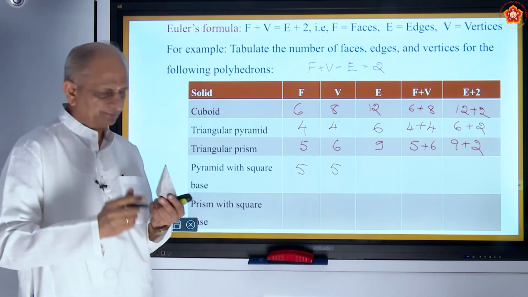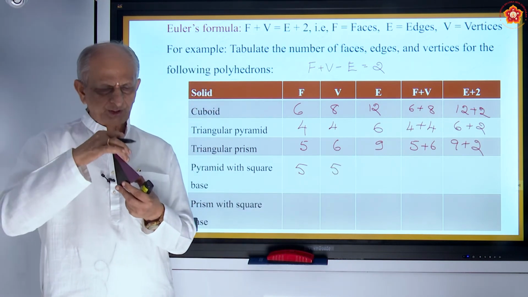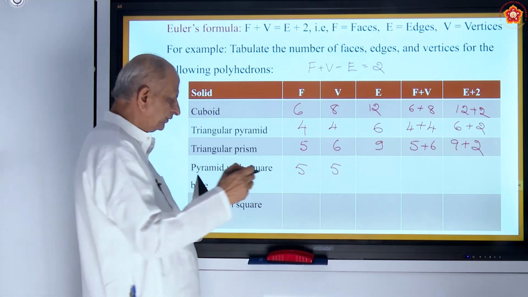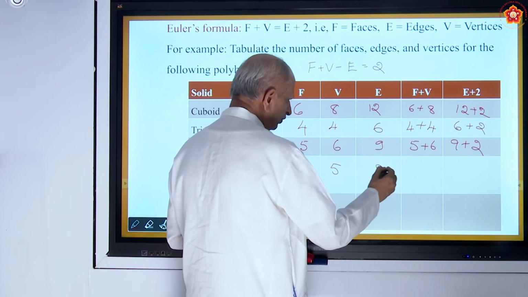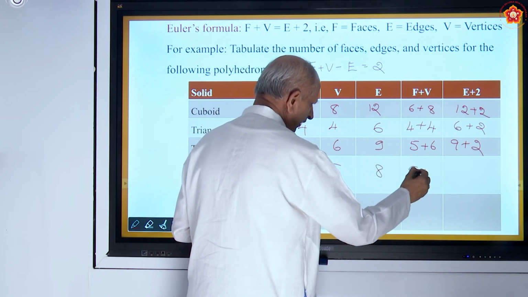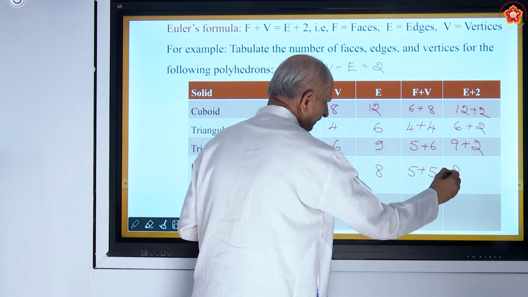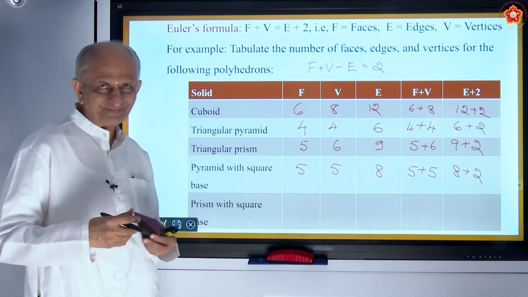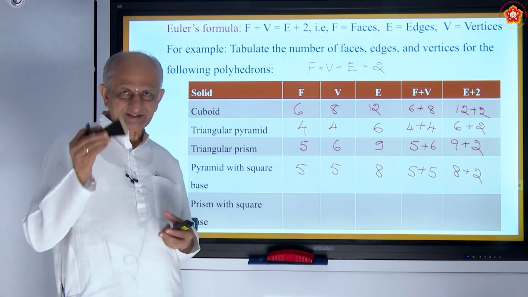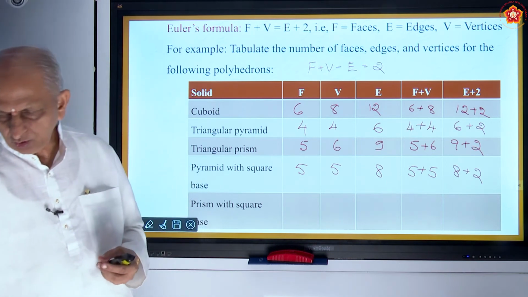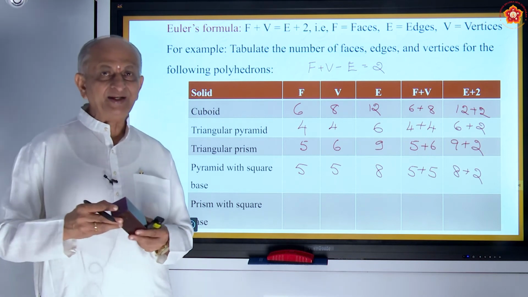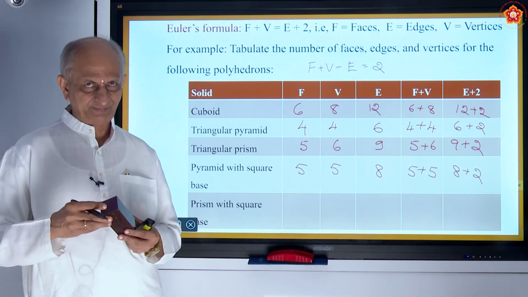How many edges? 1, 2, 3, 4, 5, 6, 7, 8. So 5 plus 5, that is equal to 10, is equal to 8 plus 2. Are you following? Okay. And this law applies only to polyhedrons which have polygons as surfaces, not for